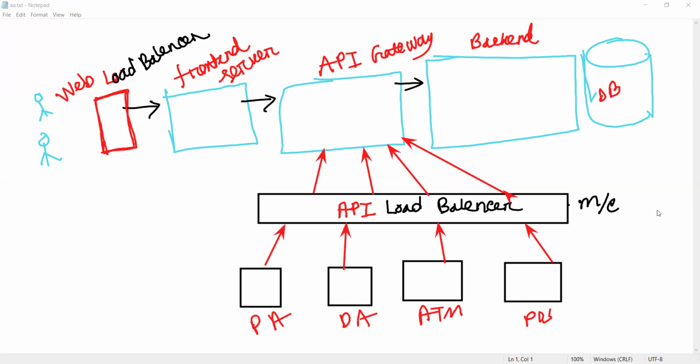Let me use another color. Consider, you are the user. You are not a developer. Do you know anything about this thing? Do you know anything about the load balancer as a user? Anything about the front-end server? Do you know? No. Of course, no. Simply you think from the user